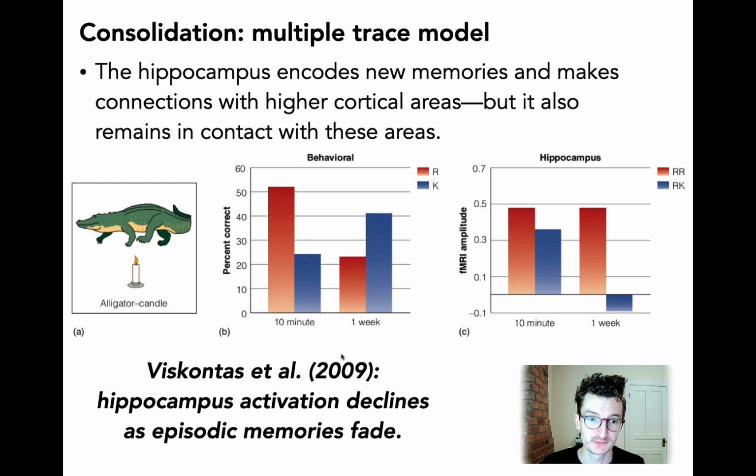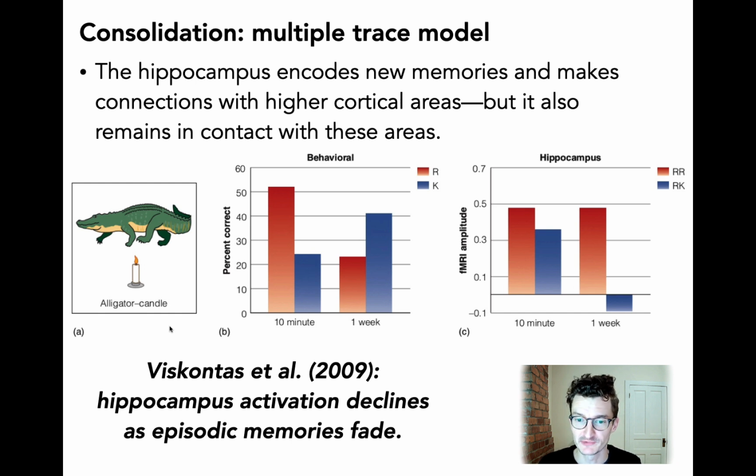So in this study, they had participants look at images that were to some extent random, so a pairing of an alligator with a candle. And they were told to imagine the two items interacting in some way. I don't know how an alligator would interact with a candle, but I guess, in my mind, I'm imagining an alligator swimming with a candle on top of its head. After they were shown a bunch of these items and asked to imagine them interacting, their memory of these items was tested.